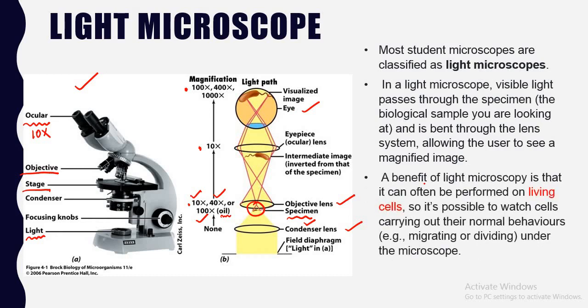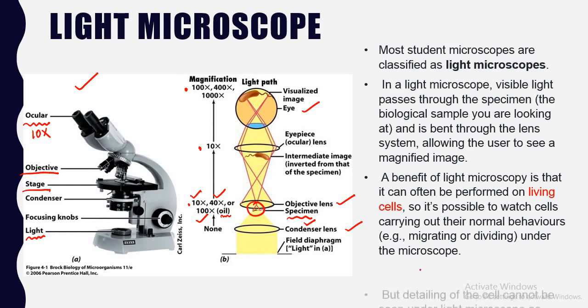The benefit of the light microscope is that it can be performed on living cells. The advantage of the light microscope is that living cells can be observed. That is, you can observe the normal behaviors of the cell, like when the cell is dividing, when the cell is migrating. But